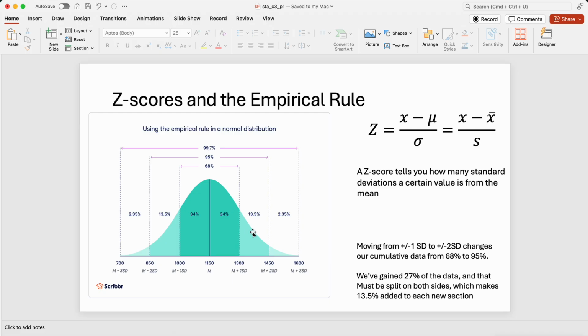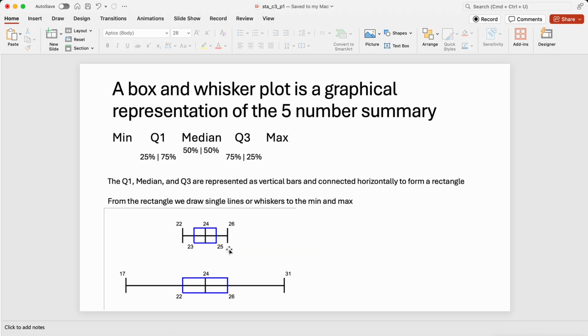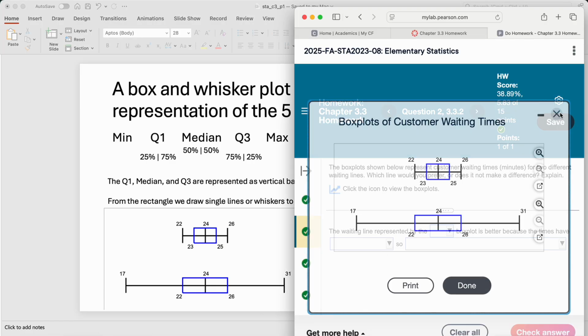And so, in other words, you can have these further wings that it takes to get a collective 25%, if you think about it that way. So again, over here, these wide wings mean that there's very few data points here, I guess spread out, or I guess not very few, 25% of the data points, but they're more spread out across this range compared to here. They're much more tightly close together. Now, when it comes to which line you would want to wait in, all right, that's the crux of the